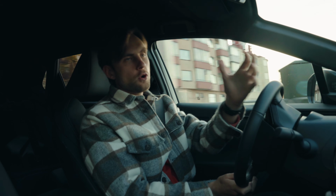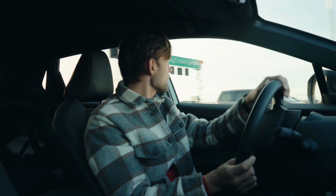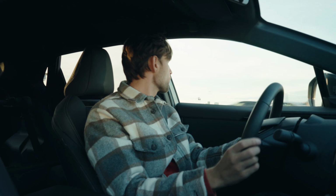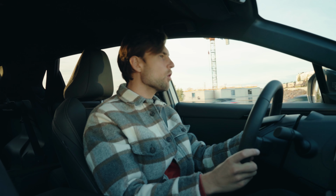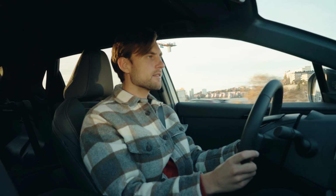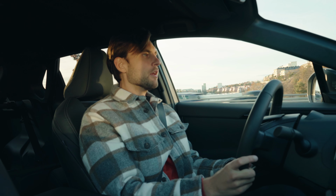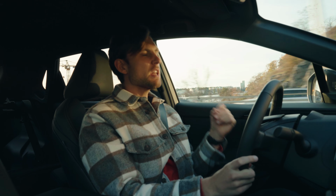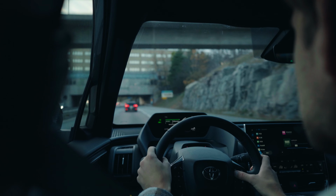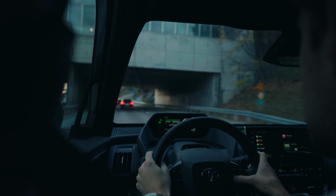That is of course because of a heavy battery, but the battery is a bit smaller than the competition. This is 64 kilowatt hour, and compared to the competition, which is over 70, almost close to 80, they are of course a little bit more expensive as well. But in the size category, many people are looking for that extra range, that extra charging capacity. And when it's that cutthroat,